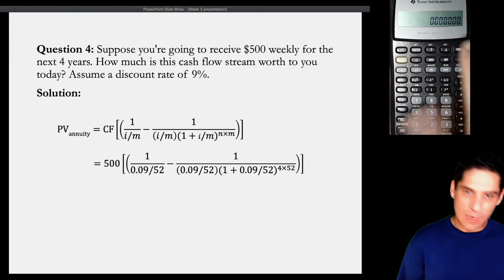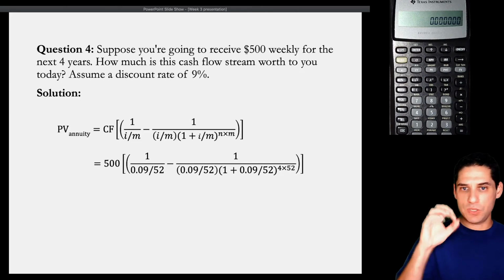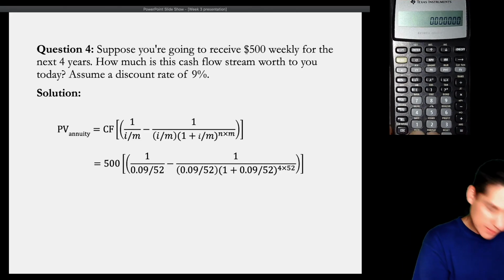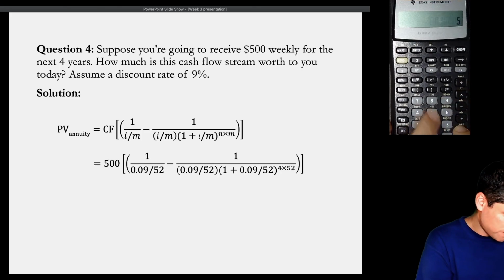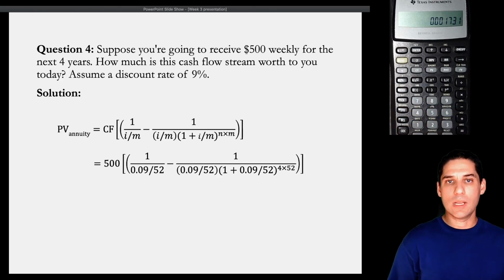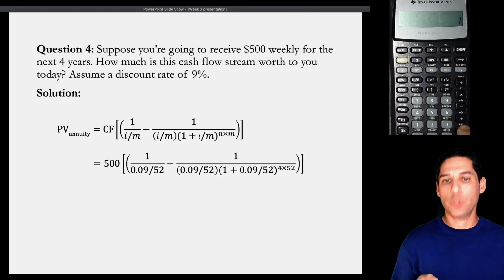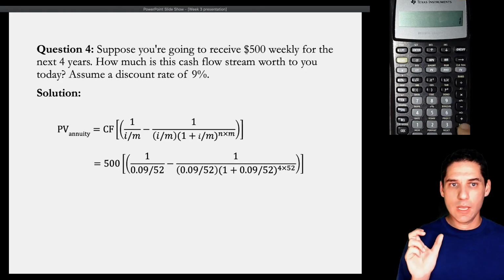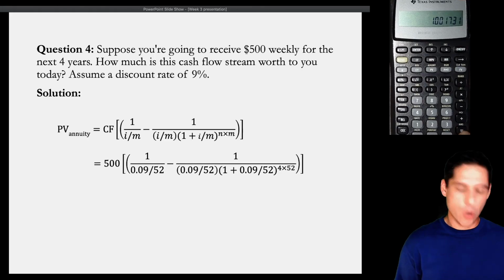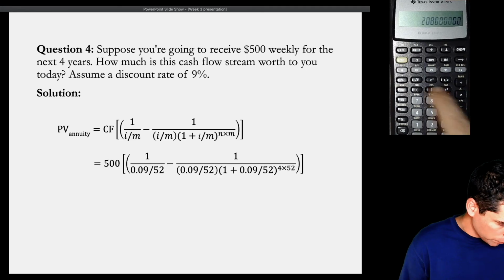So let me show you again how to figure this out in the calculator. This can get a little bit complicated. Once again, I'm going to start with I over m because this will show up 3 times in the formula. So let's get that out of the way. 0.09 divided by 52. That's my weekly discount rate. Store 1. So I stored it in the calculator so I can recall it 2 more times later on. Let me add 1. I'm working on the denominator of the second term here, the power term. Let me first get rid of that, right? So 1 plus I over m raised to, open parentheses, 4 times 52, close,